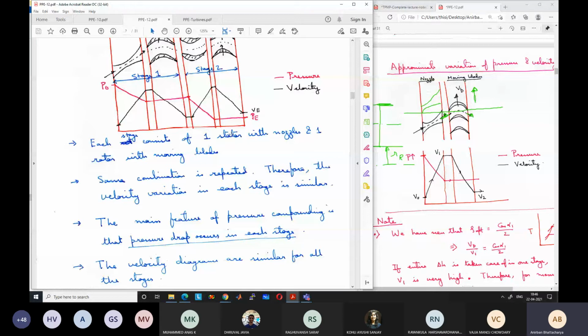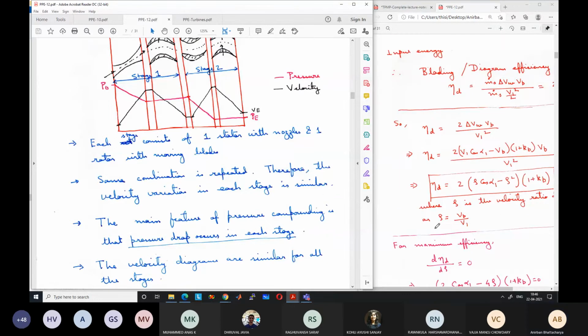Therefore, the velocity variation in each stage is similar. Whatever velocity diagram we have drawn here, the same diagram will be repeated again and again for each stage. Exactly the same diagram will be present for each stage. At the inlet of the rotor, velocity will be v1, and at the outlet, velocity will be v2. Then the flow with the v2 velocity will enter the nozzle, and it